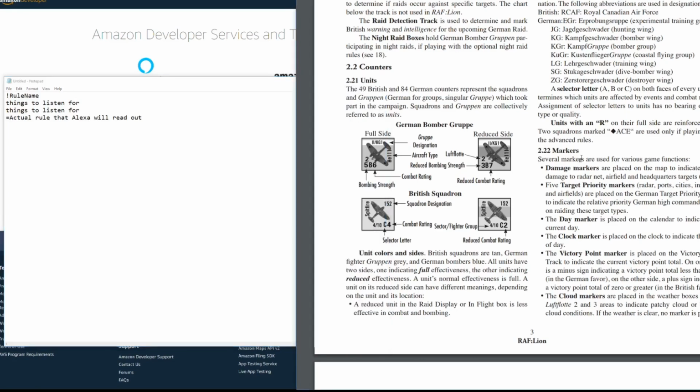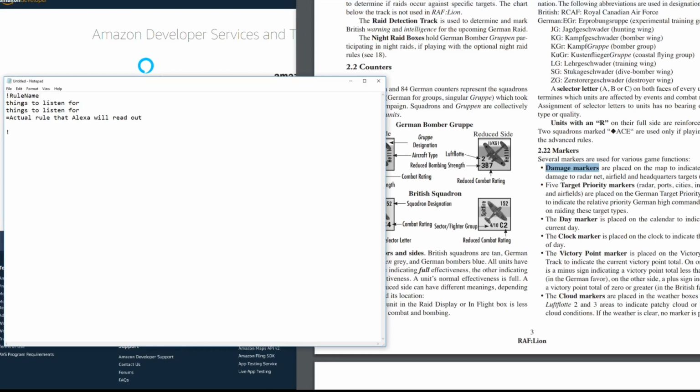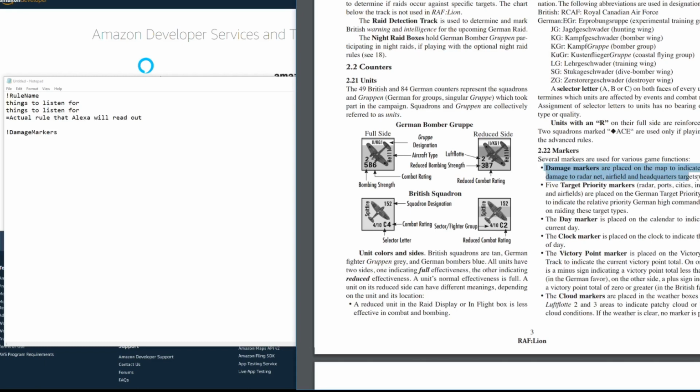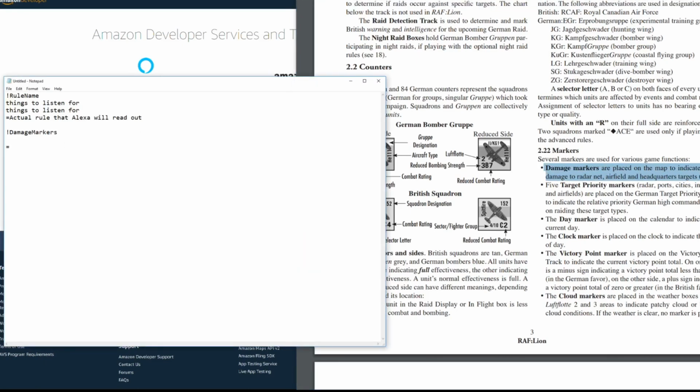Damage markers. So I need to make a rule name for this. We'll say it is damage marker. It sounds logical, doesn't it? Exclamation point, damage marker. Now you need to remove the space. I'll remove the space for you if you don't, but for the most part you need to remove the space. That's going to be what's in Alexa when you start looking at your probably 100 rules. So now let's get the rule. Copy. Again, get permission. And equal sign, paste, and remove all these spaces. That's kind of ridiculous.